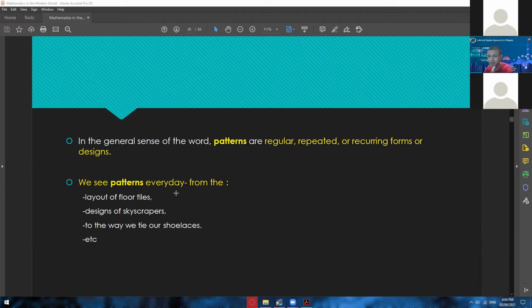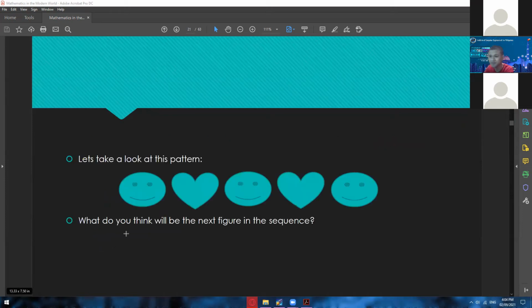So we see patterns every day, from the layout of the floor tiles, as one who answered about the tiles, to the designs of skyscrapers, to the way we tie our shoelaces. It has a pattern, and many more. Pretty much everything has a pattern. So let's have an